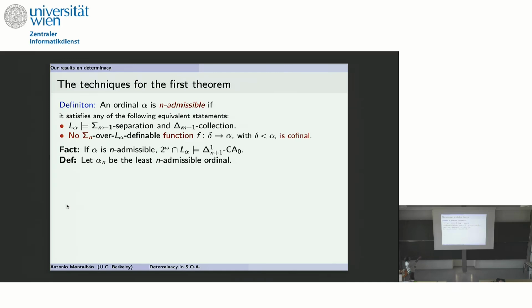Okay, so let's consider the least n-admissible ordinal, and we're going to be playing at that level. One observation that we're going to use is that the theory of L alpha n does not belong to L alpha n. It's a real, it's a binary sequence. This is by Gödel, Tarski, and definability of truth, and the fact that all the reals in here are actually definable because of the admissibility. So all the reals are definable, so this one cannot be definable.